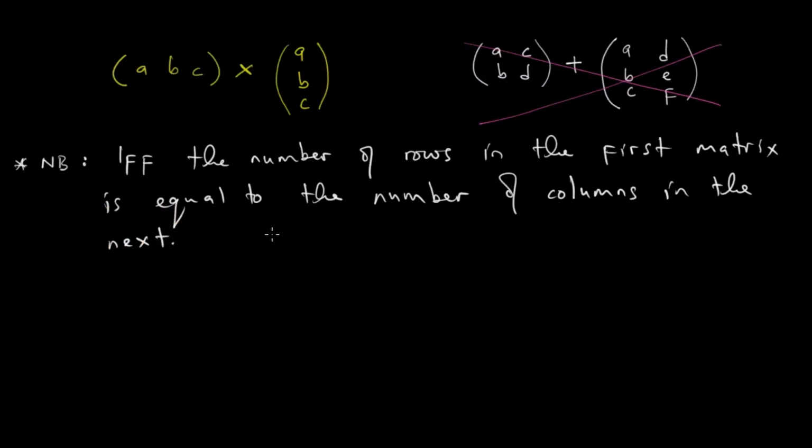Loosely, this is the principle. Hatikwanise kumultiply ma matrices kana the number of rows in the first matrix is equal to the number of columns in the next. So as you can see panapa, we only have one row in the first matrix. That is a row matrix. When we look at the next matrix, we only have one column because this is a column matrix. So this is the precursor, this is the principle yatinoshanda nayo when we want to multiply matrices.